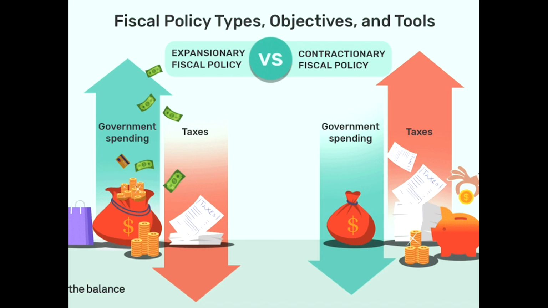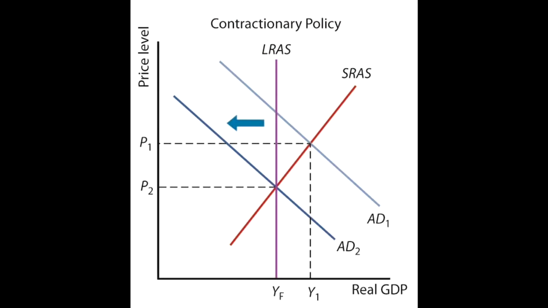Contractionary fiscal policy is implemented when the aggregate demand is increasing and causing an increase in the general price. The purpose from this discretionary policy is to decrease inflation. Moreover, if the government has a high debt, it can use contractionary fiscal policy by reducing the government spending and increasing tax revenue to pay off the debt. Here are the graph of contractionary fiscal policy.